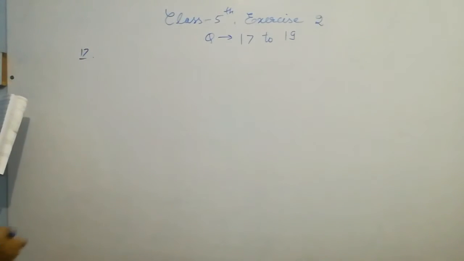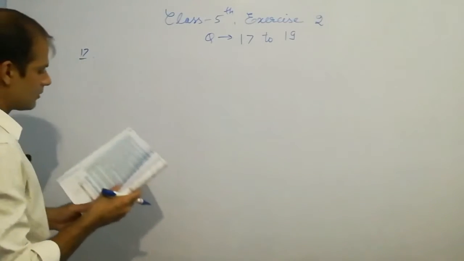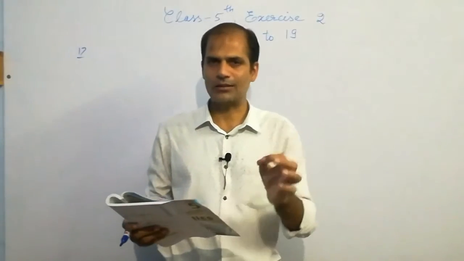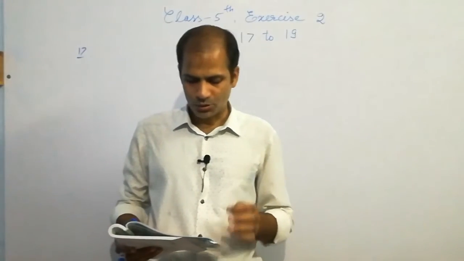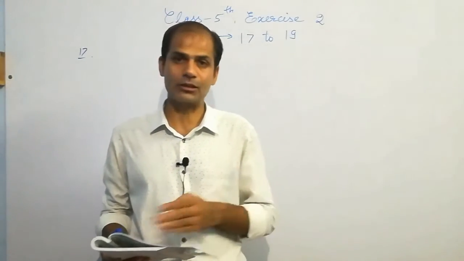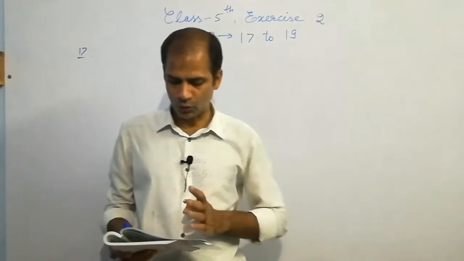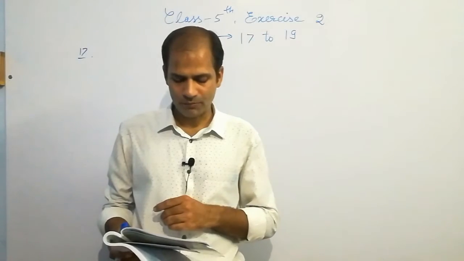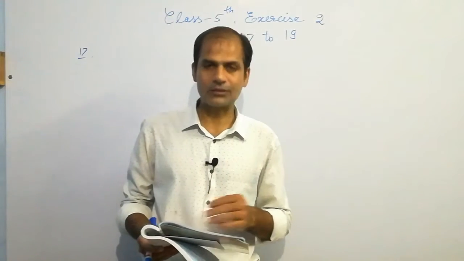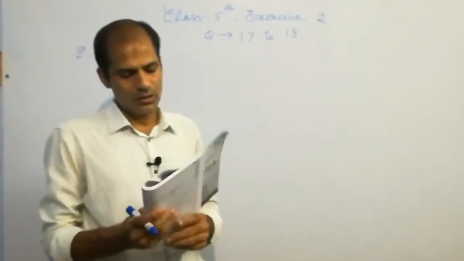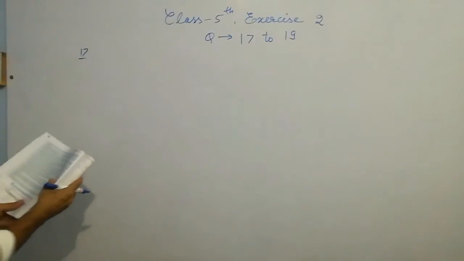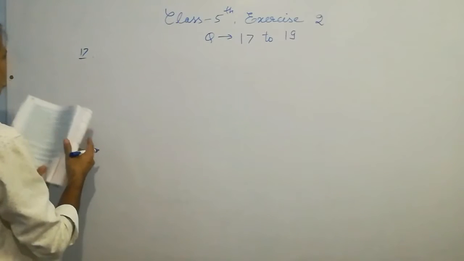17th question, Ritu has rupees 575. Okay, means Ritu has some amount. Shweta has rupees 190 less than Ritu. Okay, if the rupee of the two is put together, it equals to Renu's rupee. How much rupee does Renu have? Now read the question very carefully, try to understand. So I am writing the basic information.